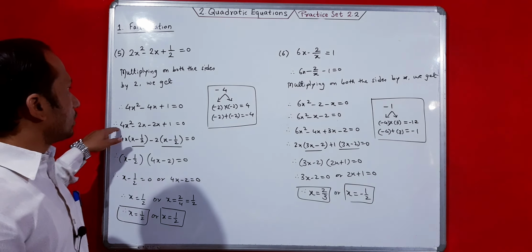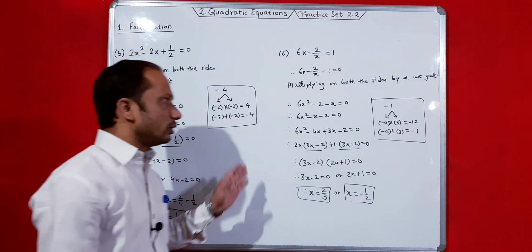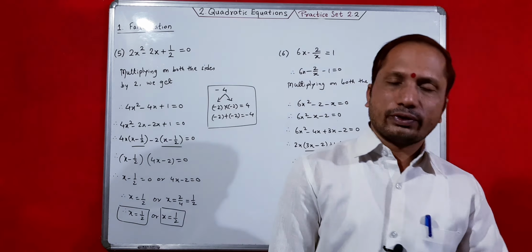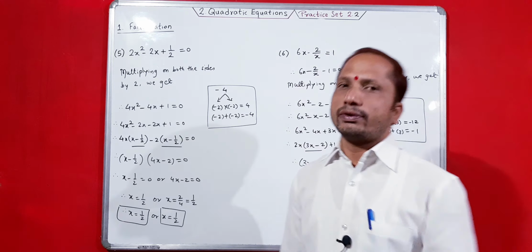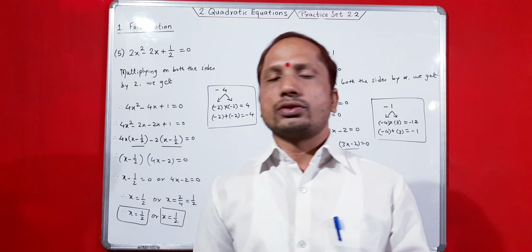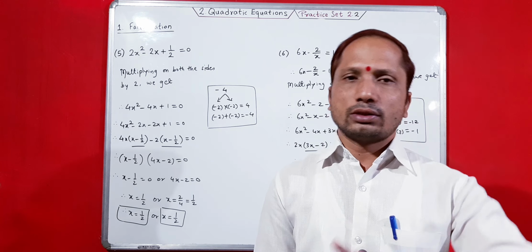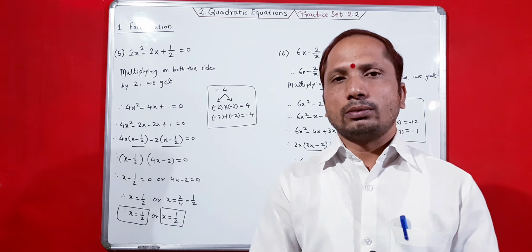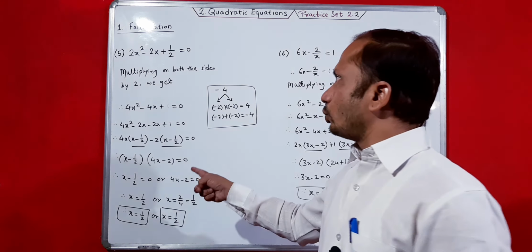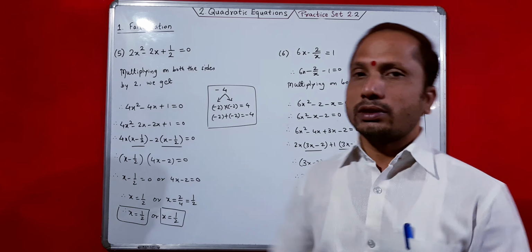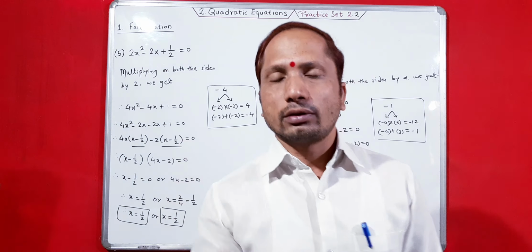This first number is multiplied by the last number, don't forget these things. And the factorization is very easy, because you just have to find the factors of the middle number in such a way that the product should be the first number and last number's multiplication, and the addition should be that number itself. So these are the two problems, problem 5 and problem 6, and now we are going to solve problem number 7.